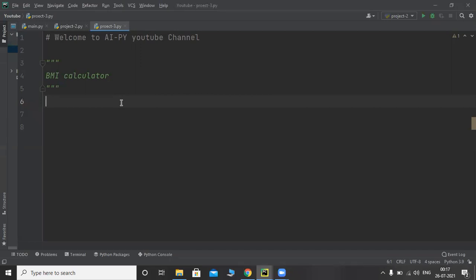So I'm creating two variables. One variable is weight. Weight is nothing but, enter your weight in kilograms.